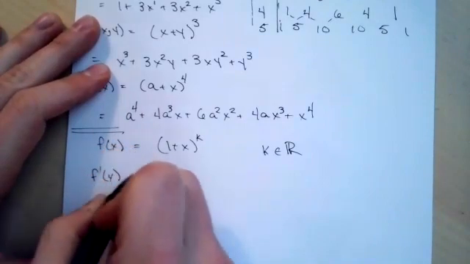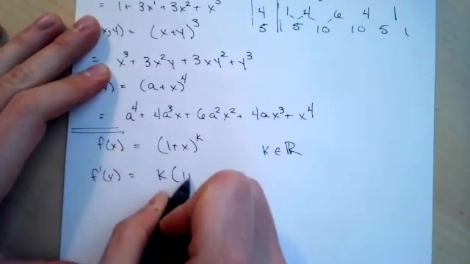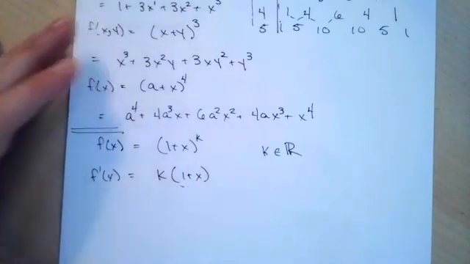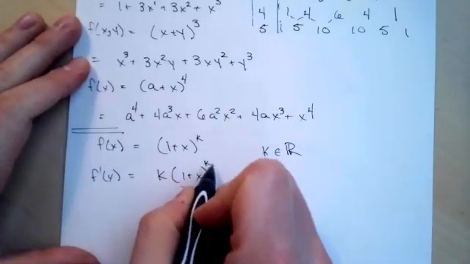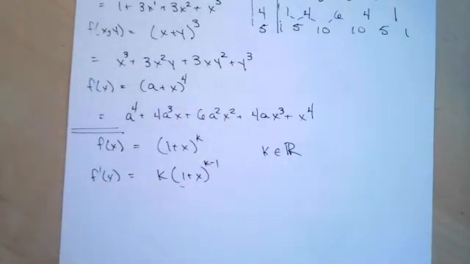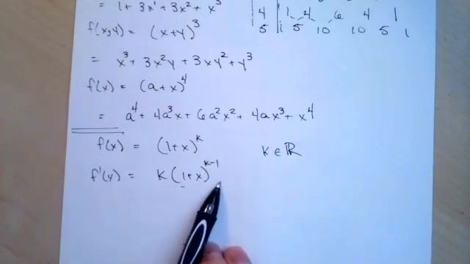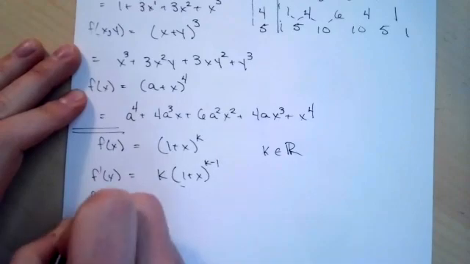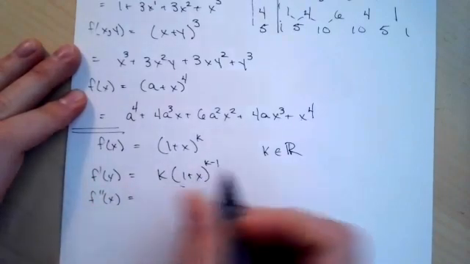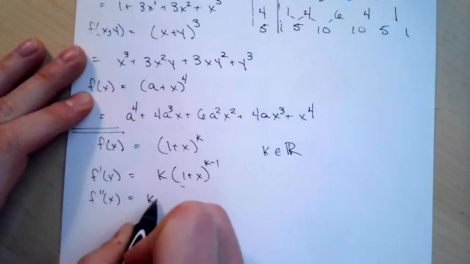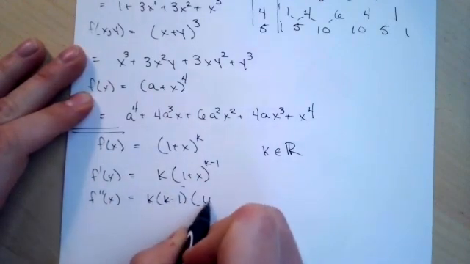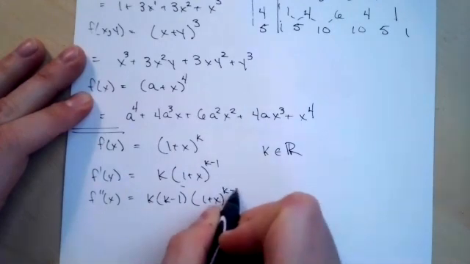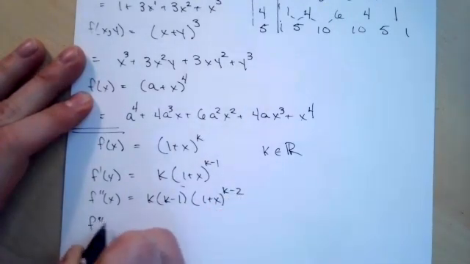f prime of x is going to be k times (1 plus x). Nicely enough, at least with the expression underneath the parentheses, it's not too complicated, and the chain rule is just going to give us a times 1 every time. So our f prime of x is just going to pull down that factor of k. f double prime, we will have k times (k minus 1). And f triple prime